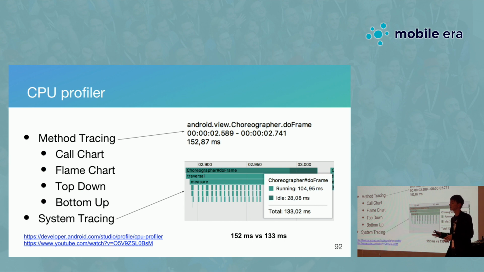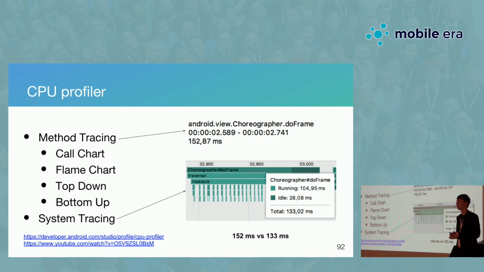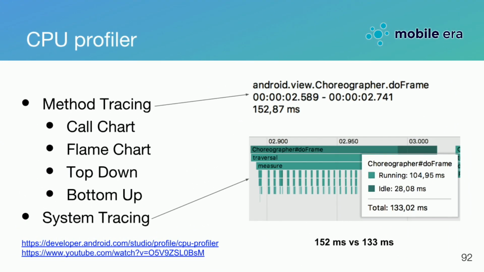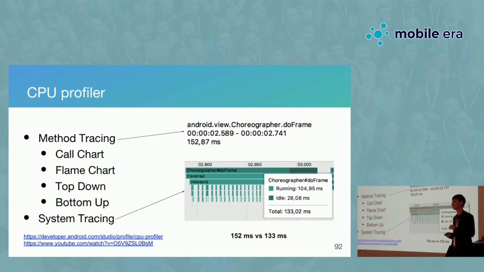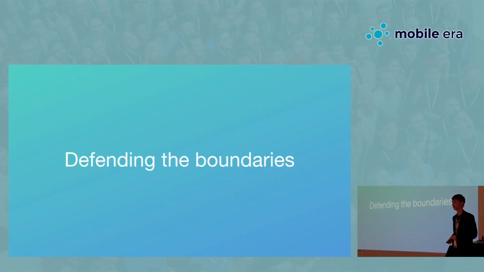So again, Android says that for method tracing, you should use it just to be able to compare what was there and what is here, but you shouldn't draw conclusions like, oh, the screen takes 20 milliseconds, because it might take even 16 or less, and that's not a concrete number. System tracing is based on Android, it's in Android Core, so it will give you more precise values if you need them.